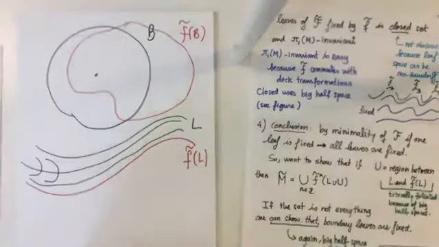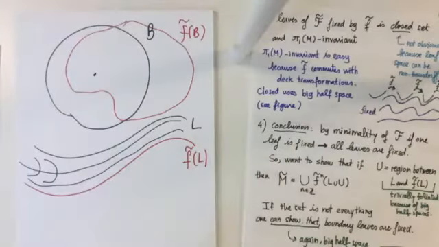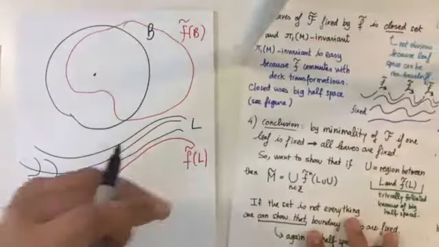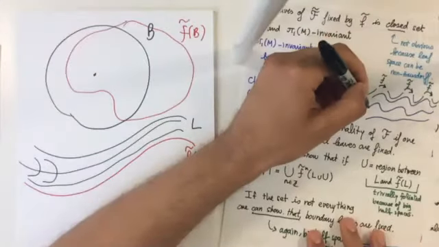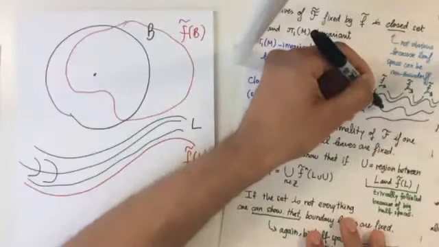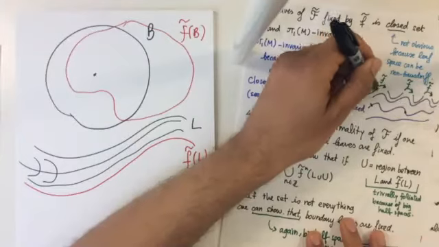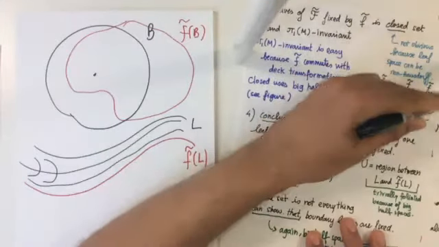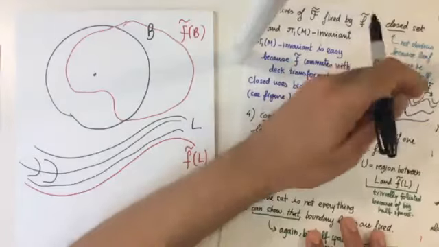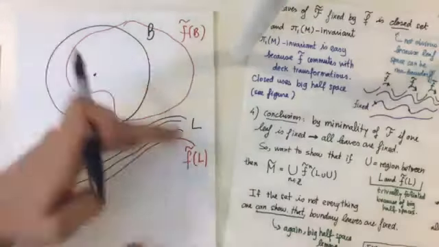And so pi1 invariance is very easy because of the commutation property between F tilde and the transformation. So you can automatically check that when you translate a leaf and the leaf is fixed, then the translate is also fixed. But the fact that it's closed is not obvious because the leaf space may not be Hausdorff. And here I draw a possible bad case. So it could be that all these leaves, which are in violet, are fixed, but points are moved a lot. And so in the limit, you get different leaves that are being translated. But of course, this cannot be true if the image of a leaf is nested with itself.